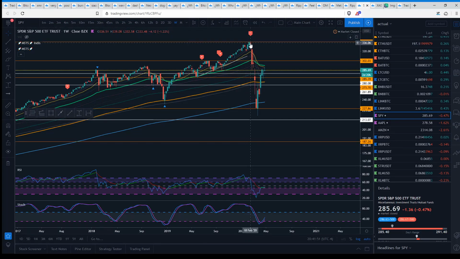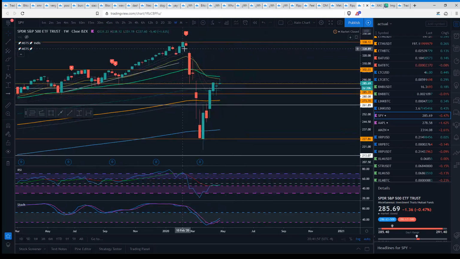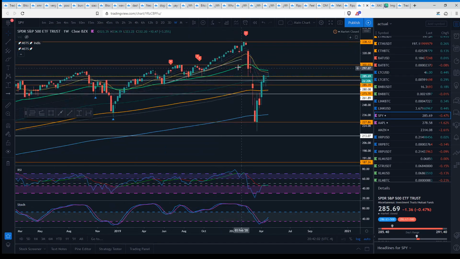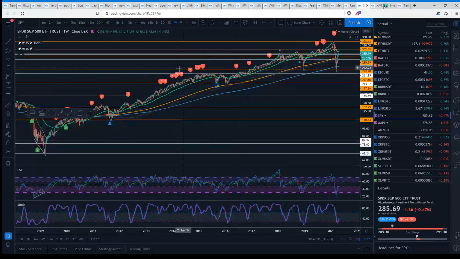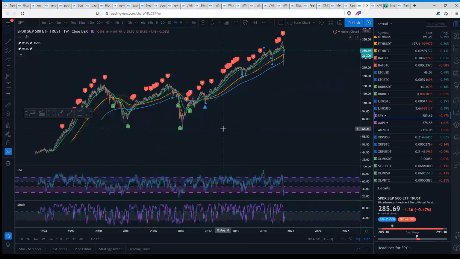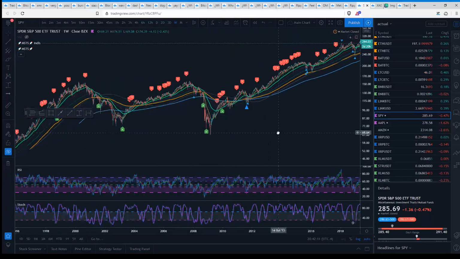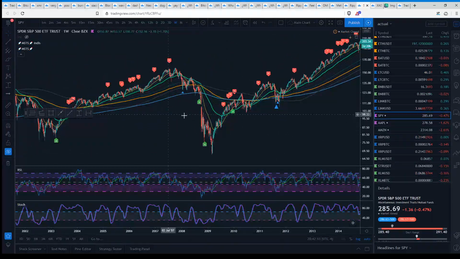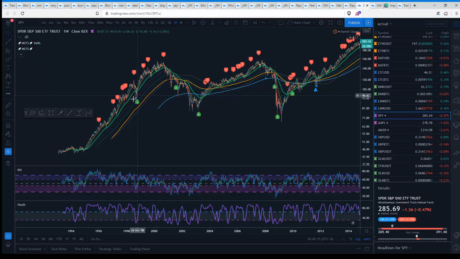Very powerful. We failed to break above the previous candle, and then we have more than confirmation to play this to the downside. Let's check our bull and bear market, our bull market. Add to positions. So the first one, it would recommend you to add to the position. Now I need to explain that